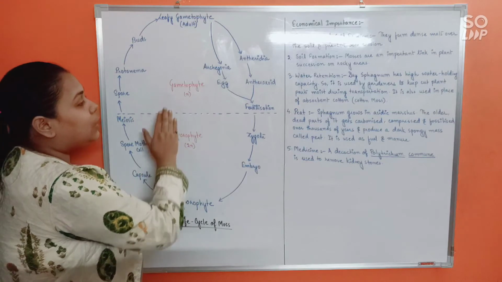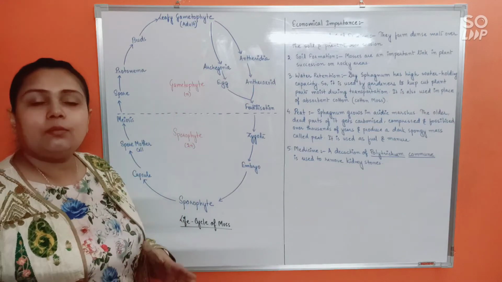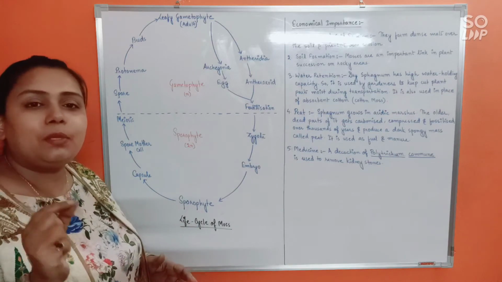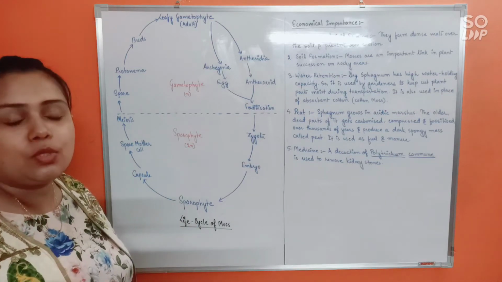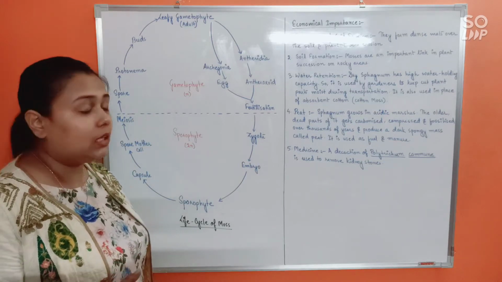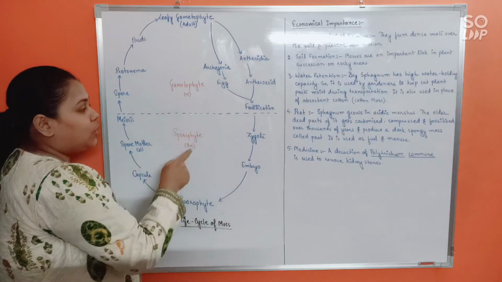Both phases are equally present, isn't it? Not like in algae, where you have seen most of the time the algae is in the haploid stage, and only for a very brief while a diploid zygote is born in the life cycle. Otherwise the whole life cycle was haploid, isn't it? Here, can you differentiate any such thing? Haploid phase or diploid phase?